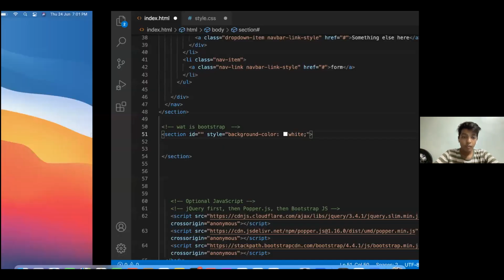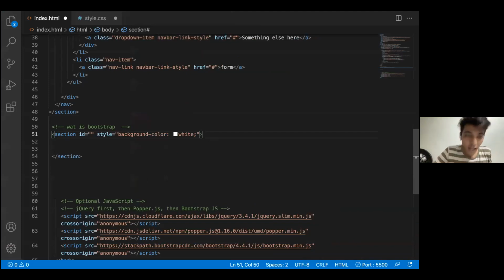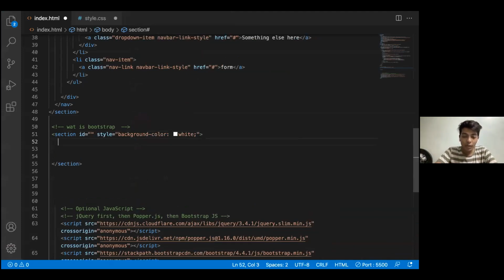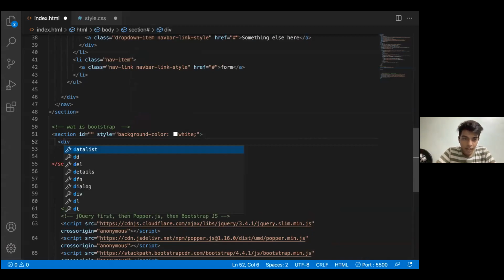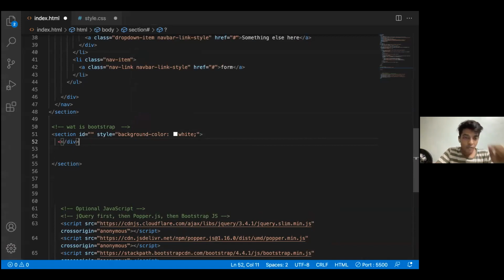Firstly, for giving out classes, you don't need to write everything out. I won't be writing div and then putting the tags here. What we can do is that if I want to give my div a class of container, just write dot, write container and press enter, and I get a div class of container.